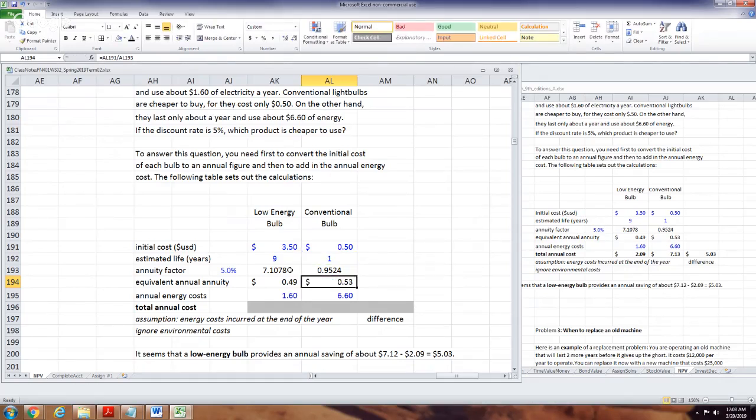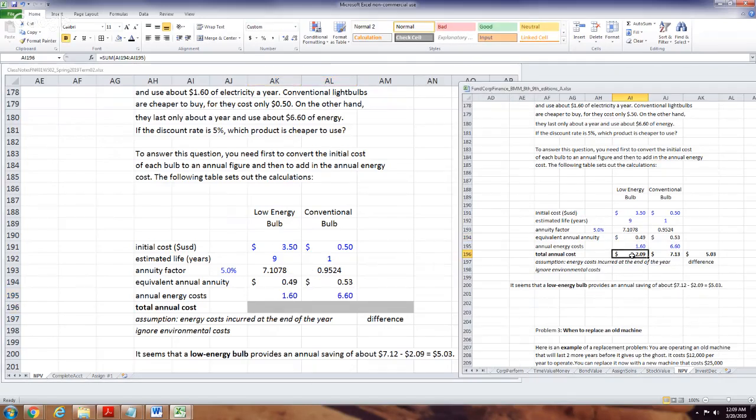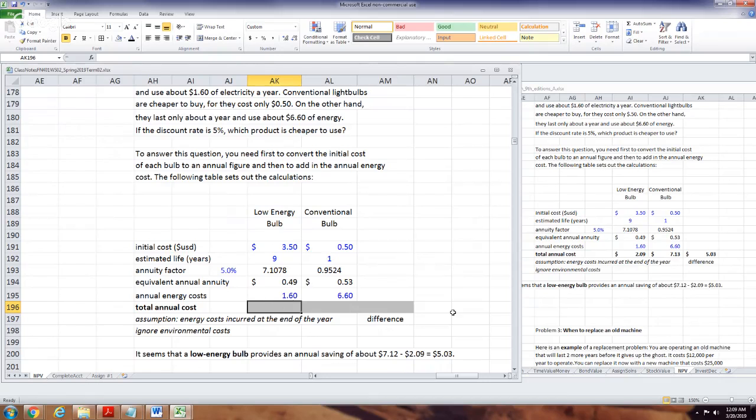Okay, really. So you bought it and it costs you not, because there's annual energy costs also. Okay. So there you go. Now these do not include this, but we're going to do that math right now. Down here, see the $2.09. This is just simply the summation. Right? This sums your annual cost, comma, the factor, your initial outlay. That's $2.09, and this is $7.13. So boom, right there. And let's do a difference.